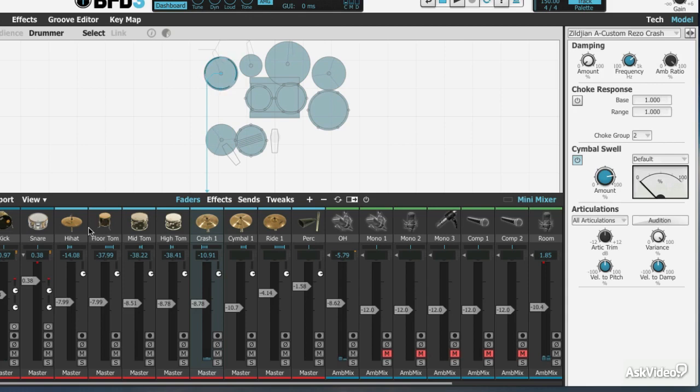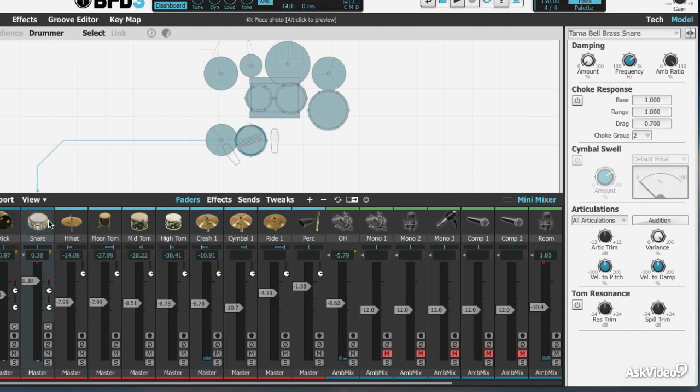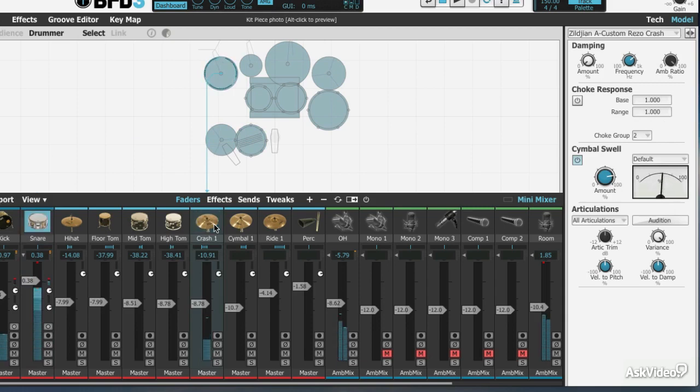So now, if I hit the crash, you notice it decays for a while. Well, the snare is now also in choke group 2, so I'll hit the crash, and you'll notice that when I hit that snare, it cut it off. It didn't do it immediately, but it did it pretty quickly. So now instead of a long decay, which can go on for a very long time,